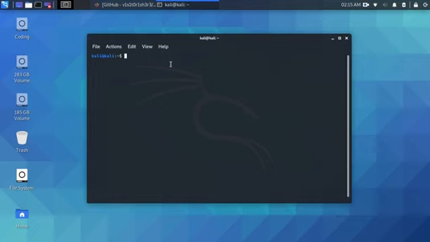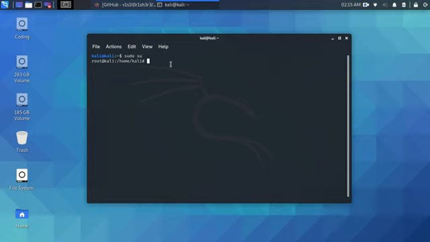In the previous video, I talked to you about how to capture the handshake using the Airgeddon tool in Kali Linux. So now in this video we are going to crack the WPA handshake which we captured in the previous video. I will capture the WPA handshake once again quickly to remind you what we have done. So let's crack it.